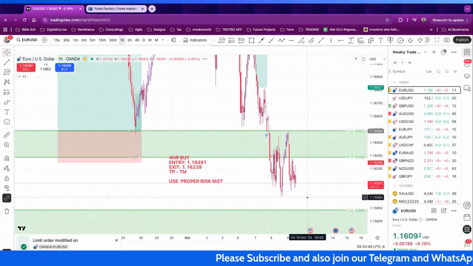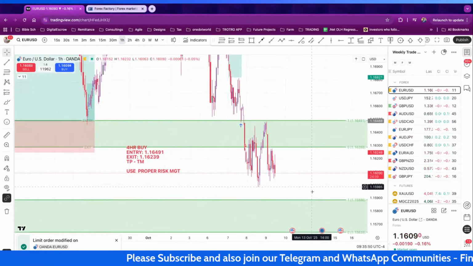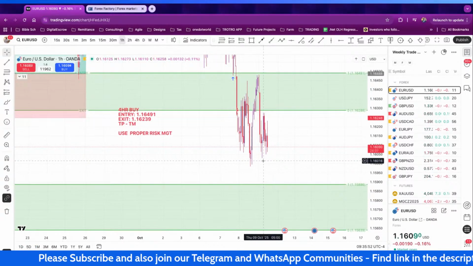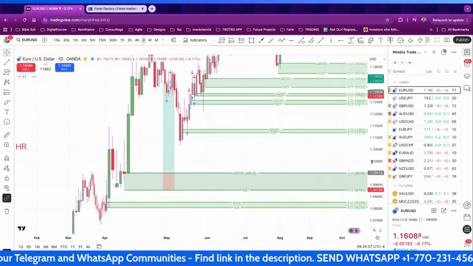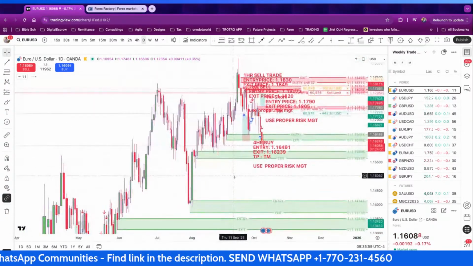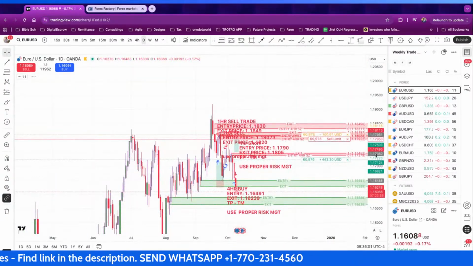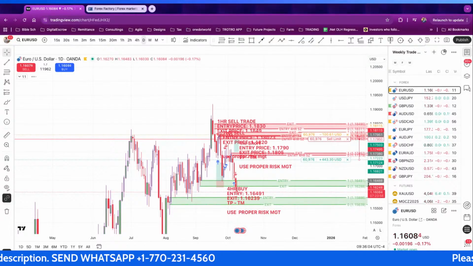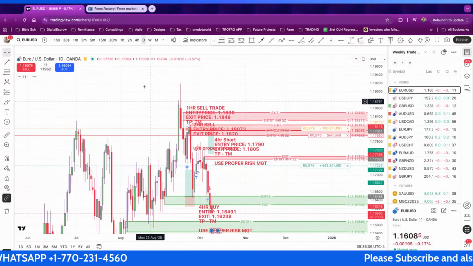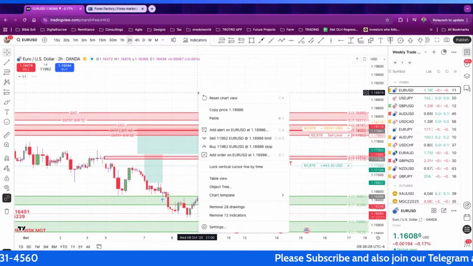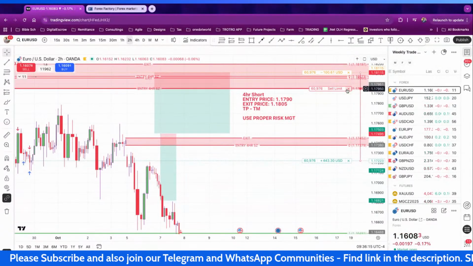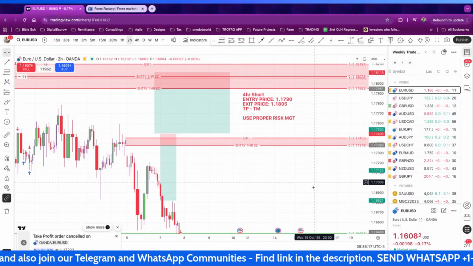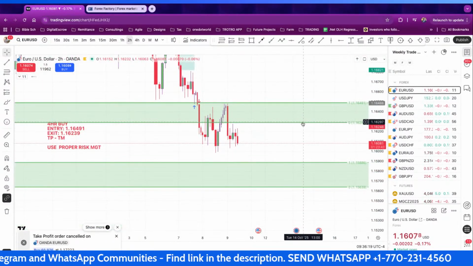We had a daily demand zone sitting right here, and the market is almost coming up to that daily demand zone that we had down here. You can see from all the zones and drawings over here that this USD has been busy for us. We've been making a lot of money with this. We have a demand zone sitting right here. If we want to put in an order, the market is almost coming down to that demand zone right here.